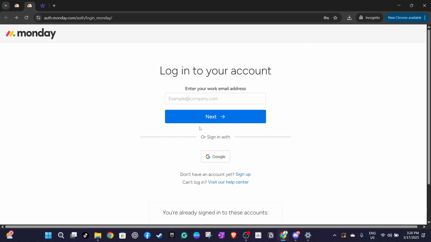You can sign in with your Google account, which is the route most people take for its convenience. If you prefer, you can also choose to input your email address manually. If you opt to use the Google sign-in, a page will pop up displaying all of the Google accounts associated with your browser. Just click on the email address that you use for your monday.com account and you'll be logged